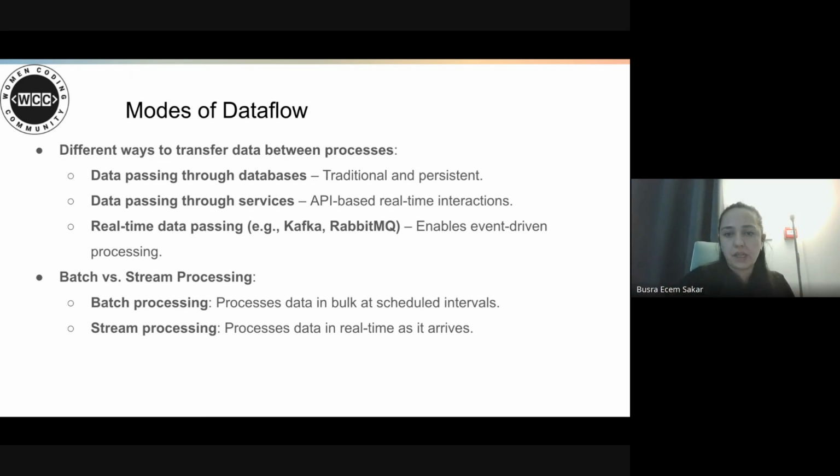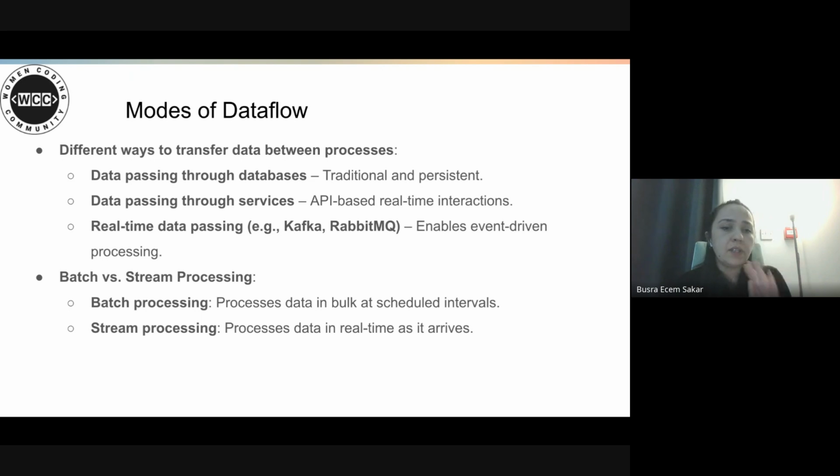Data passing through services is more API-based processing. How it works: machine learning models receive data via APIs without requiring a full database retrieval. For example, a real-time recommendation system fetches data through API calls rather than data storage.